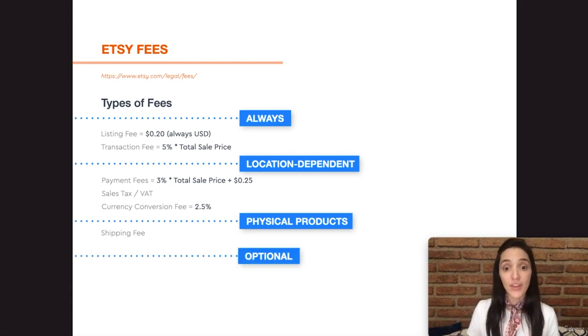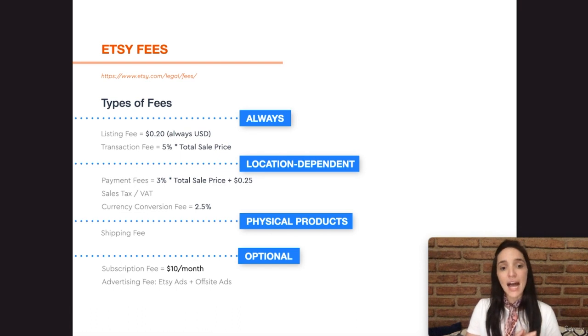The last type of fees are completely optional. The first one is the subscription fee. You're going to see when you're setting up your shop that you're going to be able to create your Pinterest account completely free. You do not need to pay anything. But you also have the option to upgrade, but the fee for that upgrade is going to be $10 per